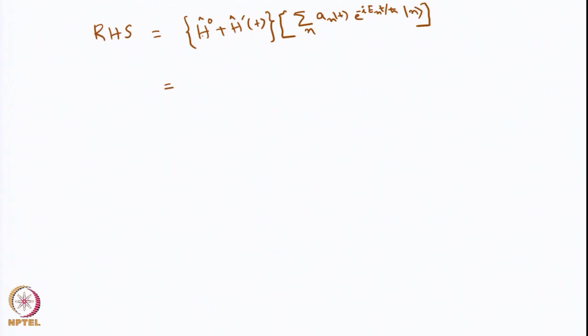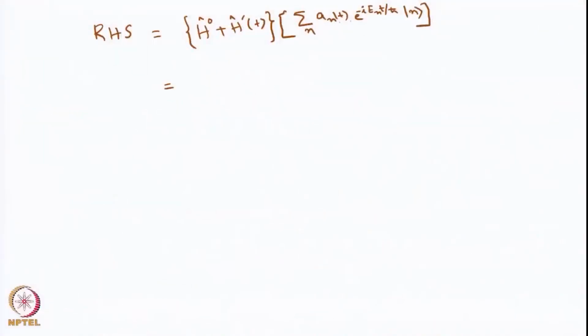This is just the kinetic energy and potential energy operators of the original Hamiltonian, and we know that the original Hamiltonian is independent of time. So H naught, when it acts on this, does not act on a_n or the exponential, it just acts on psi_n and gives sigma over n a_n of t e to the power of minus i E_n t by h bar. When H naught acts on psi_n, we get E_n psi_n. That is the first term. And the second term will be